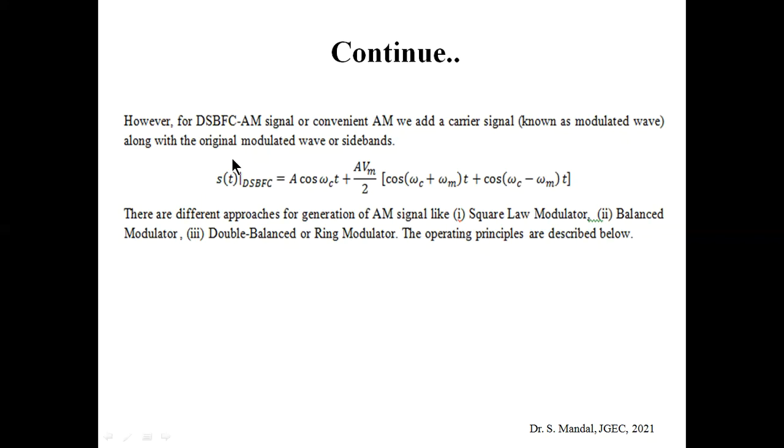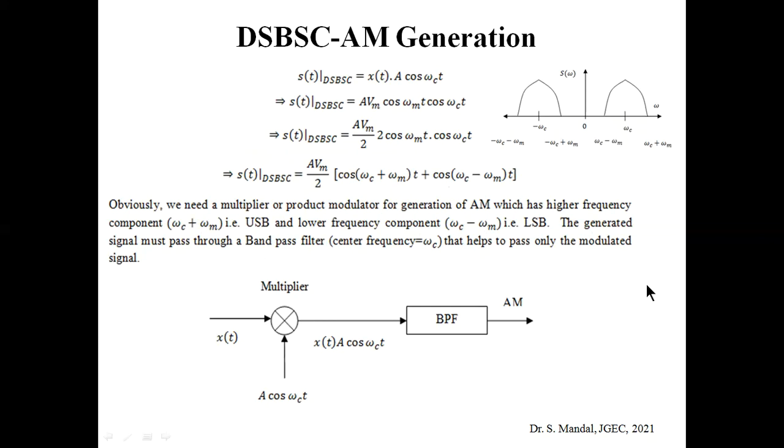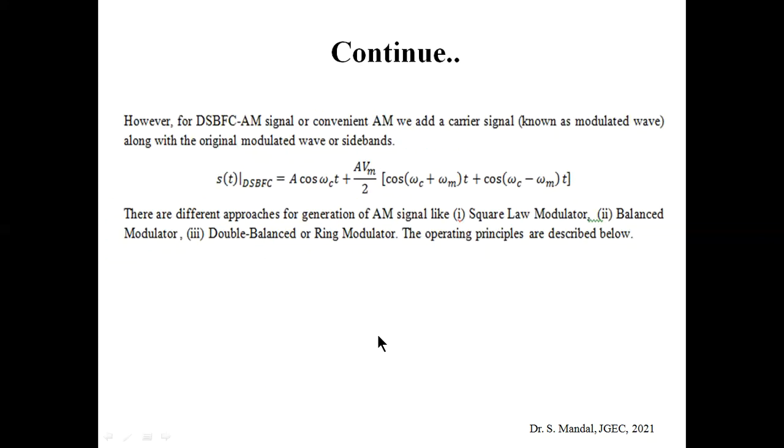Okay, so this is the conventional equation for the DSBFC, and we just need to add another carrier term with the DSBSC, and that will be nothing but the DSBFC. Okay, so basically this block diagram is for theoretical purposes. We use it for theoretical purposes, but in real life, to generate the AM signal, the approach is